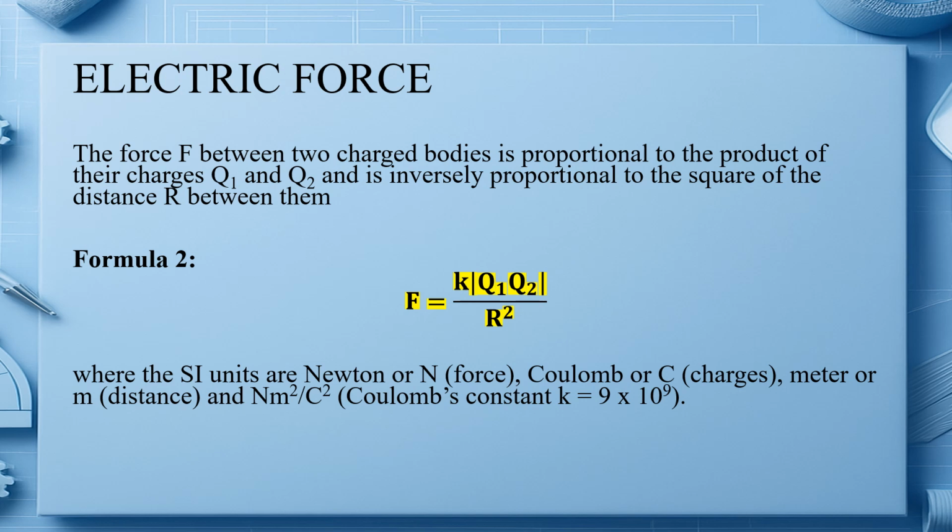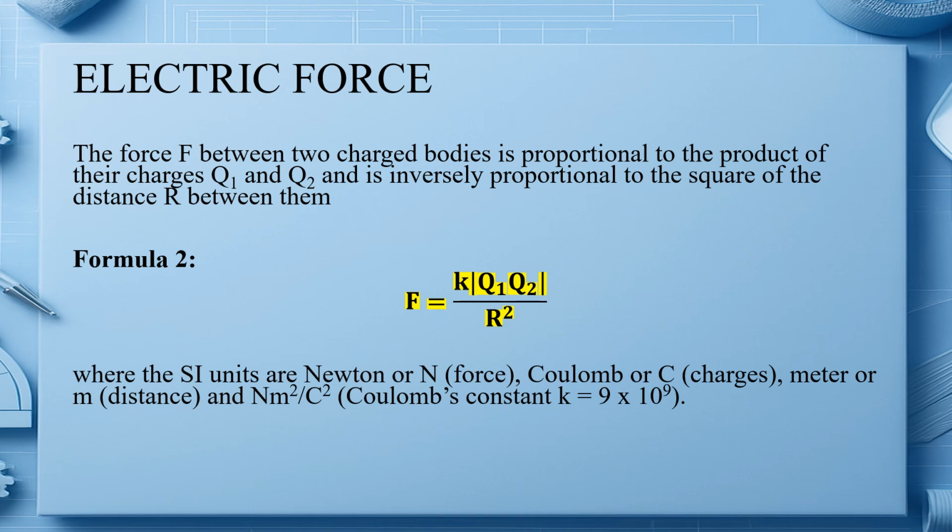Electric force is the force between two charged bodies that is proportional to the product of their charges Q1 and Q2, and is inversely proportional to the square of the distance r between them. So we have here F is equal to K times the absolute value of the product of the charges Q1 and Q2